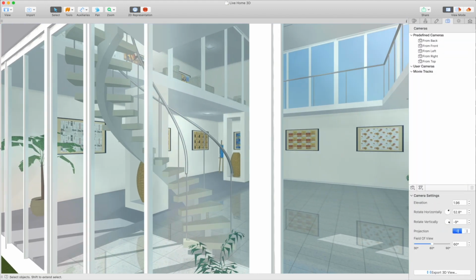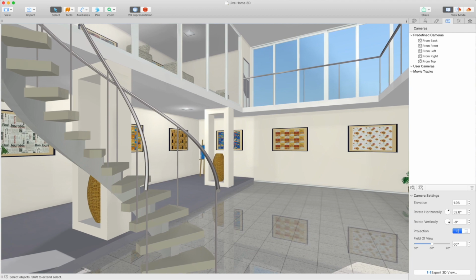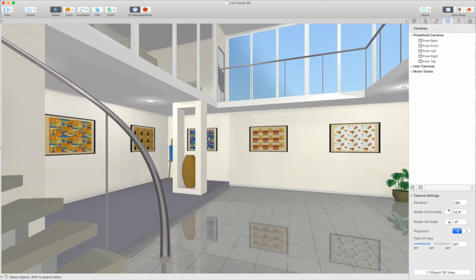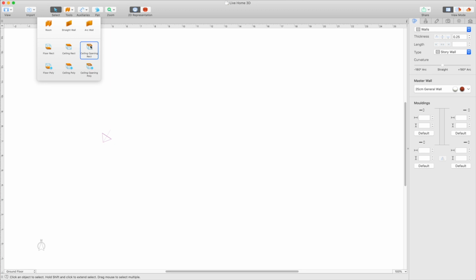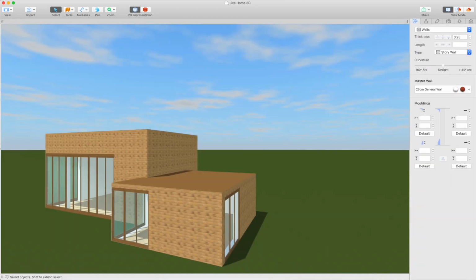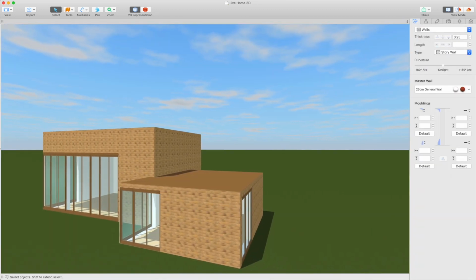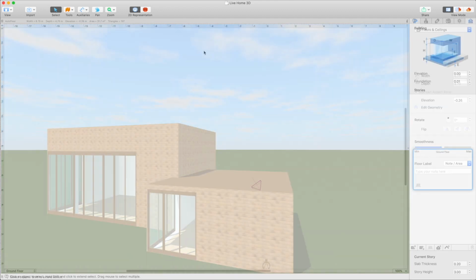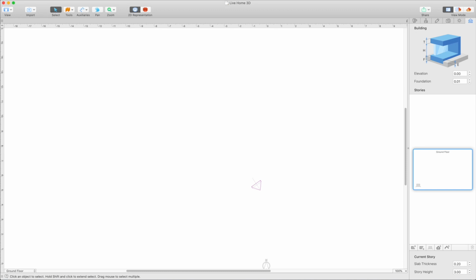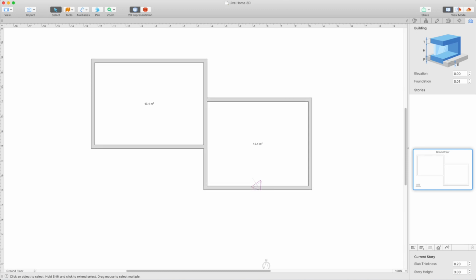If the difference in levels is bigger, you'll not be able to compensate it with the ceiling and floor elevation controls. This is when Ceiling Opening tool in 2D view comes in handy. Say if you have a room with a height of 4.5 meters and another adjacent room which height is 3 meters. Here's what you should do. Create two rooms with the lowest room height, in our case 3 meters.